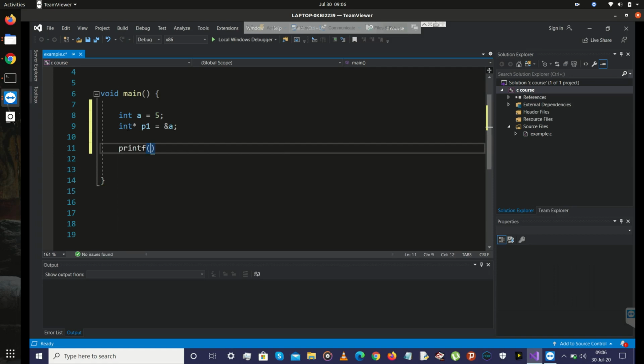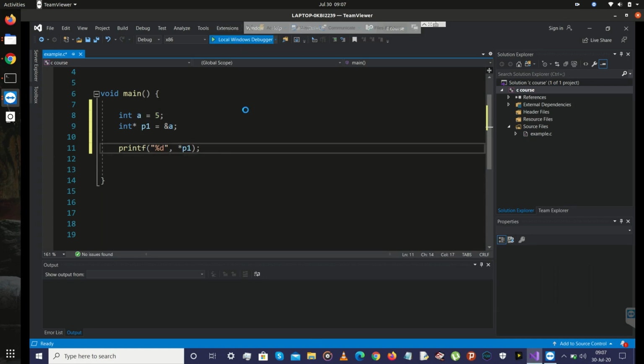Now I want to print this: %d and *p1. This star is called the dereference operator. What the dereference operator does is it goes to the value of p1, which is the address of a, and goes to this address which contains a and gets the value 5.